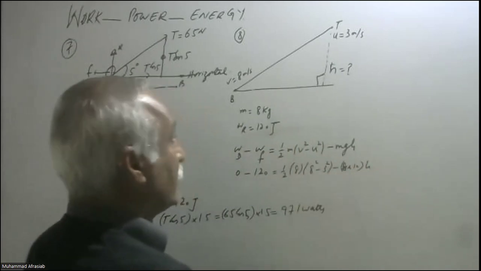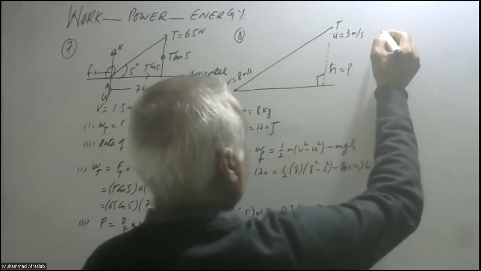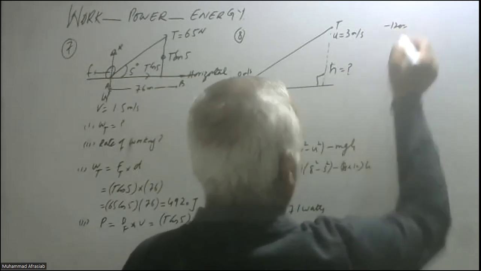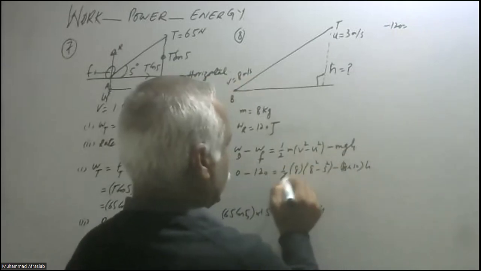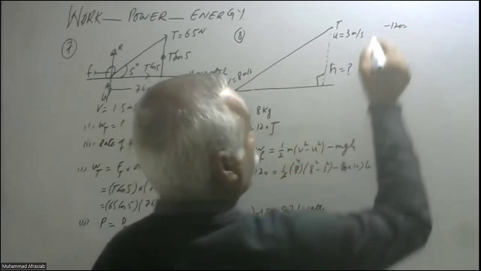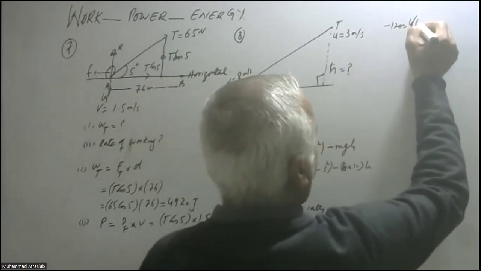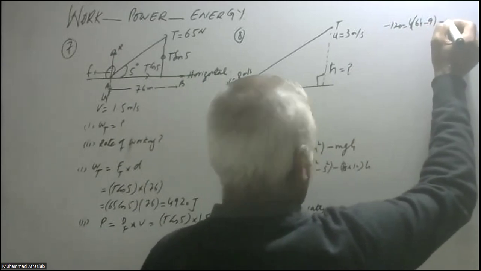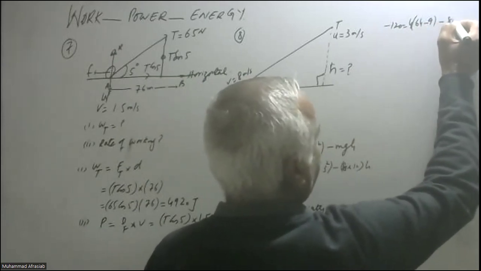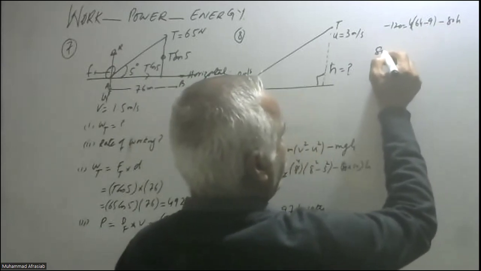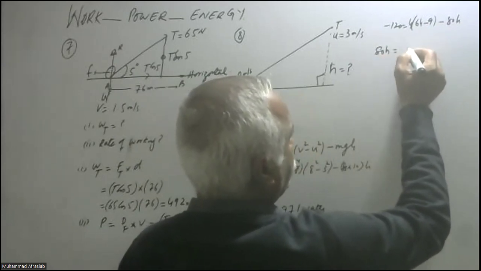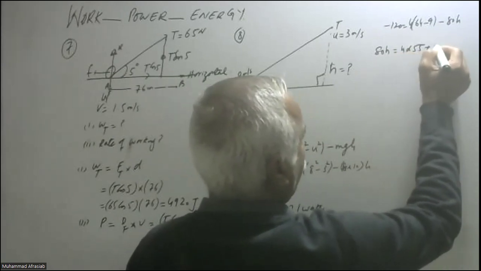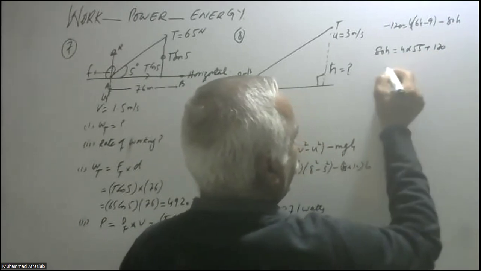So this will become minus 120 is equal to 4 into 64 minus 9, minus mg, that is 80h. So 80h will be equal to plus 120